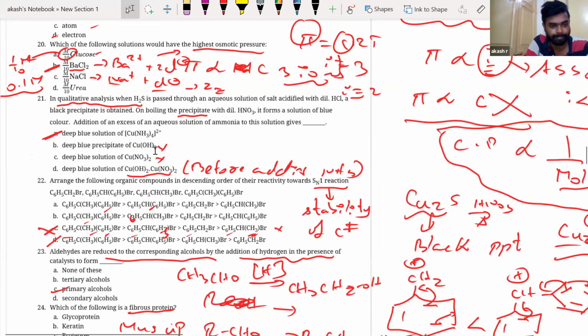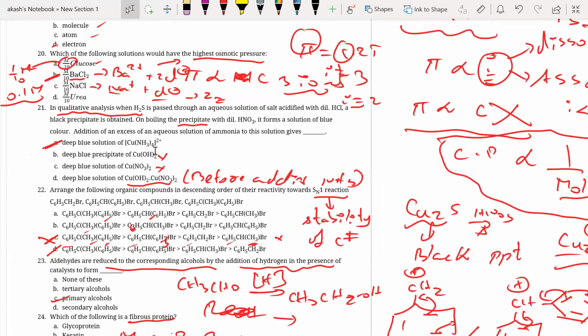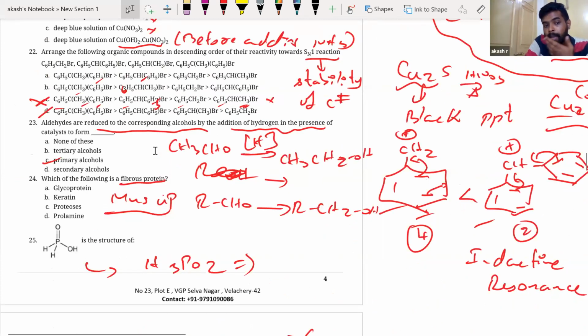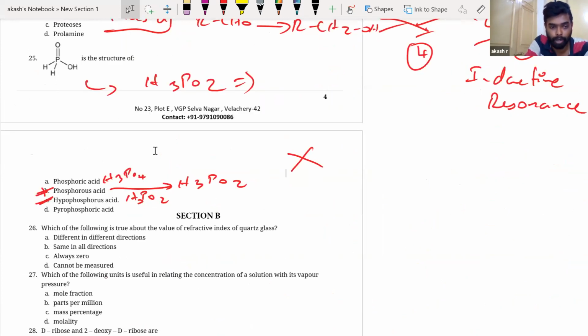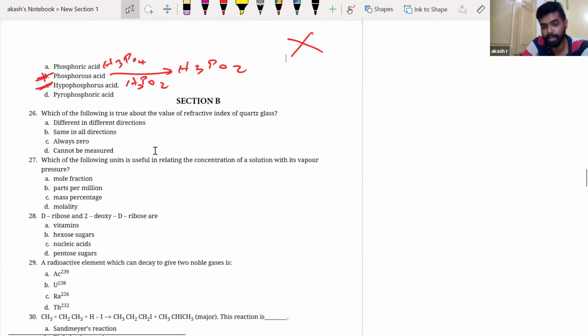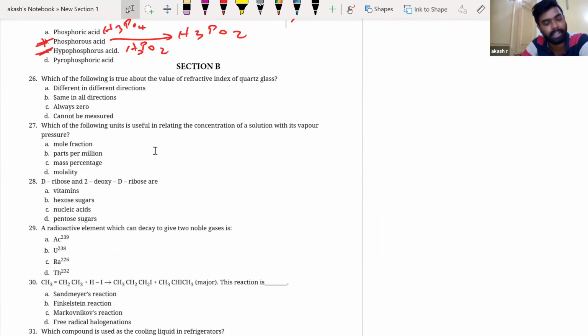Okay, fine. Moving on. Sir, from solutions also, can I ask some questions from numericals? Because last time also we didn't get any numericals from solutions, sir. This time also there are no numericals from solutions, I think. Why are they not giving you numericals? You already have 55 questions or 45 questions, whatever it is, and you have to solve that in 1.5 hours, 90 minutes. So I don't think you will get problems. Even if you get problems, they will not ask you to calculate the final answer.